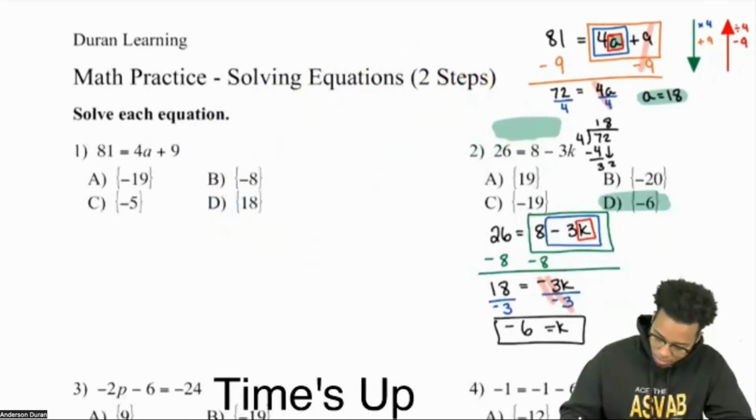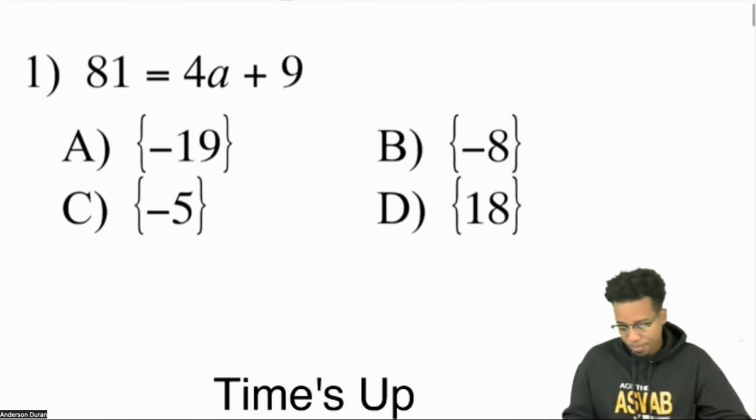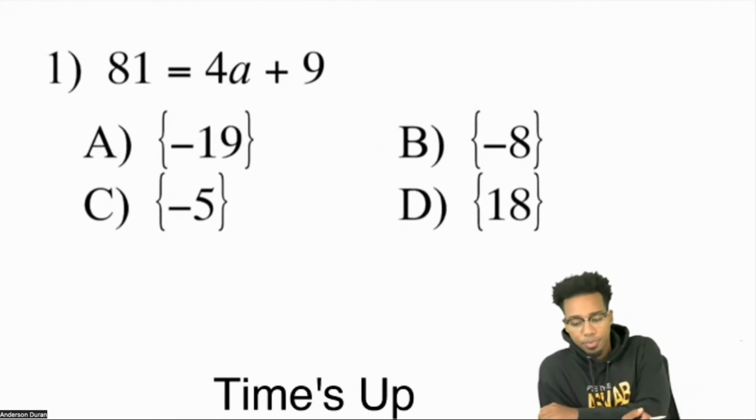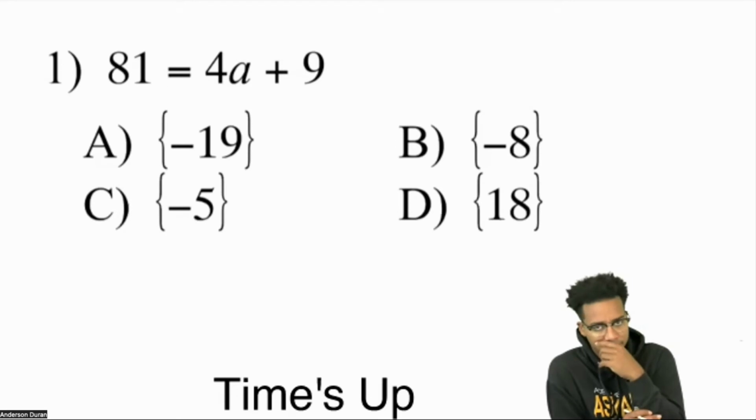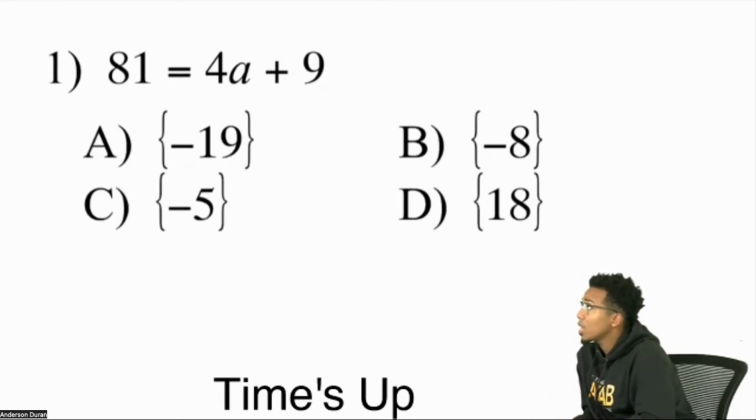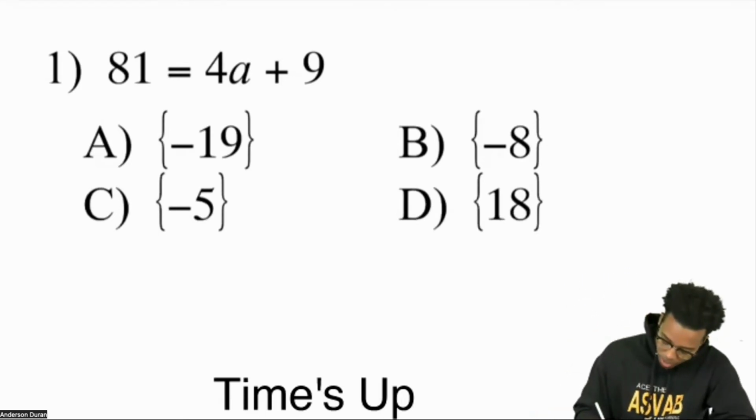Move that over here and zoom on in to number 1. Okay, so let's understand this again. Let's work backwards. Let's understand this start to finish. We have 81 equals 4a plus 9. Everybody, think of it like this. I want to get the a right here